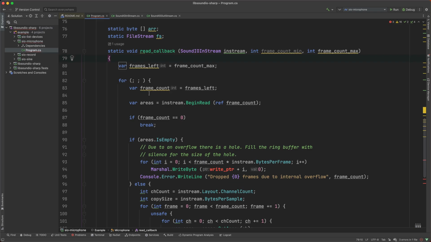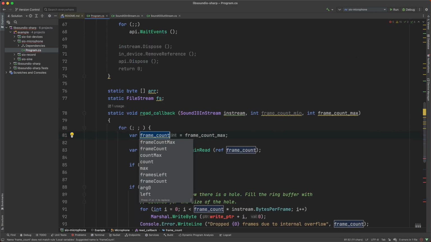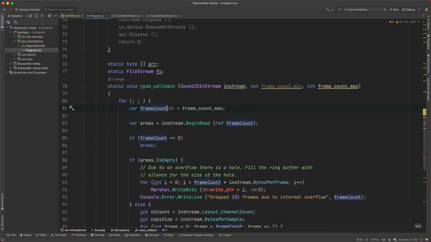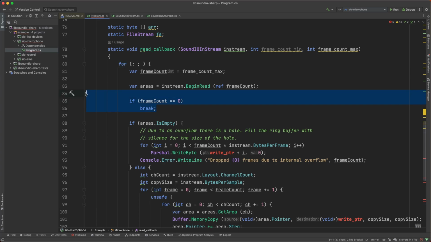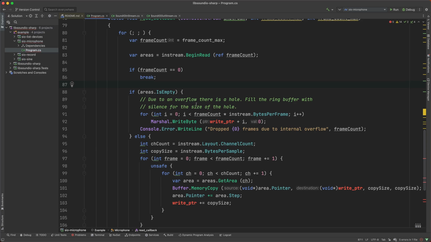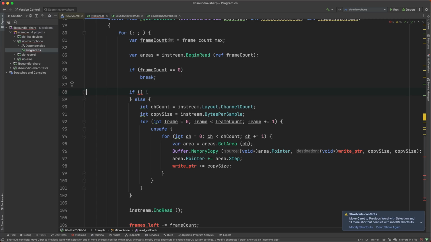Clean this up a little bit as we go. I guess that can also be that. Doesn't even need to be a variable here. Frame count. So we begin to read by the max frame count we can read. If the count is 0, we break, so there's nothing to read. Otherwise, if it's empty, due to an overflow, there's a hole, fill the read buffer. So we don't care about filling the read buffer with anything here. That's just nothingness. So this can change to simply